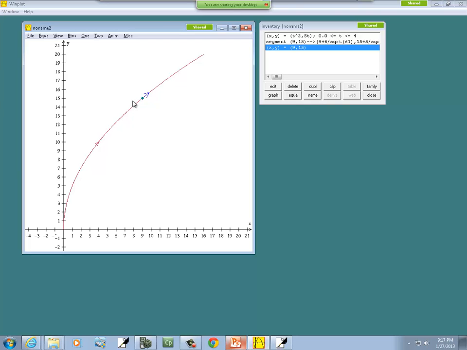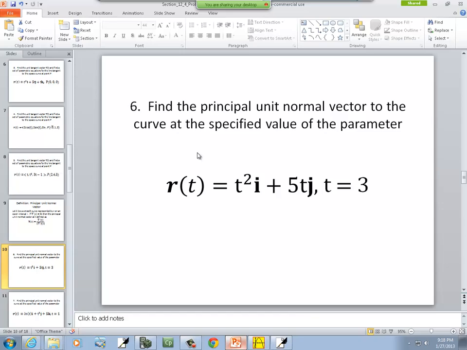Well, my normal vector I know is going to be orthogonal to that, and it's going to be opening in toward our concavity. So it's going to open down like this. Which means, if you think of your x and y's from where this point is, my x is going to be positive, my y is going to be negative. So if I come over here,